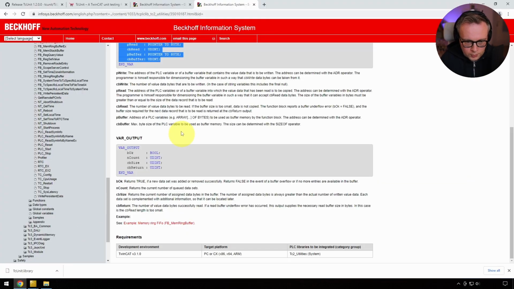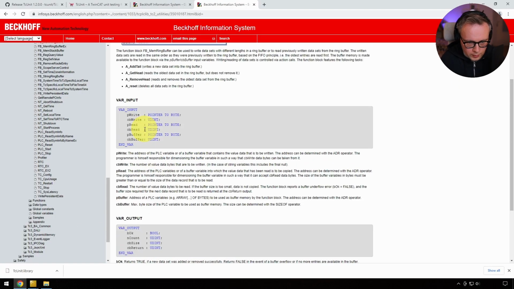With actions, we only need to add the stuff that's applicable, right? So for adding, we only need pWrite. That's the data that we want to write. The cbWrite, which is the number of data bytes that we want to write.